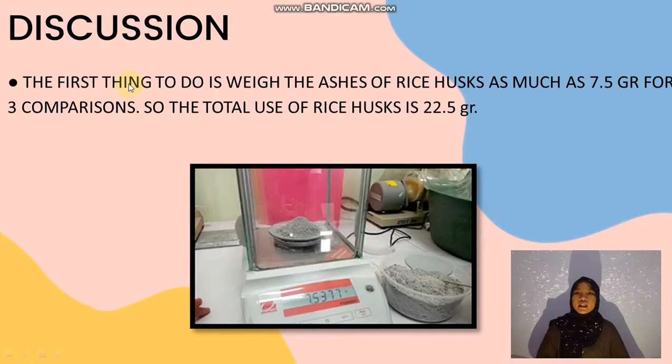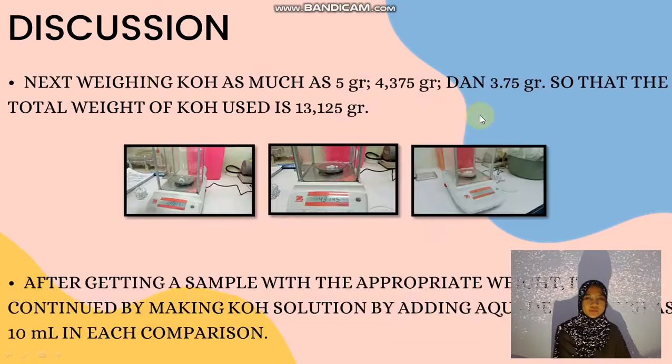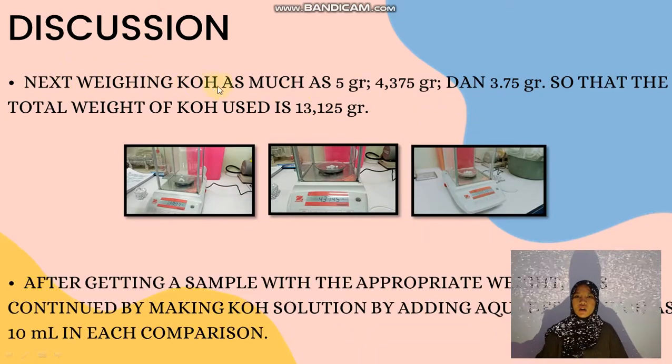In this picture, the first thing to do is weigh the ashes of rice husk as much as 7.5 grams for 3 comparisons. So the total use of rice husk ash is 22.5 grams. Next, weigh KOH as much as 5 grams, 4.375 grams, and 3.75 grams. So the total weight of KOH used is